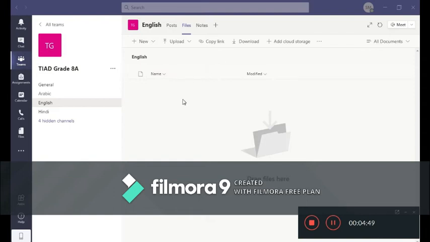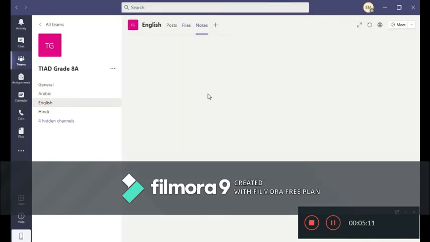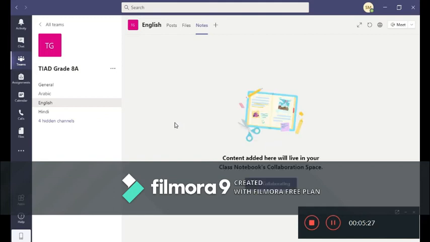If I have a link to share with you, I will add the link. Most probably I'll be using Microsoft Word. I'll use the link on that file and upload it over here, so that you have that piece of information with you. You may select that from here and download it, as you know quite well. And then the last option is for notes. If I have any notes that are to be shared with all of you, I will definitely share that over here. This is for my class. So far, this is all that you need to know with regard to how to come to your classroom.